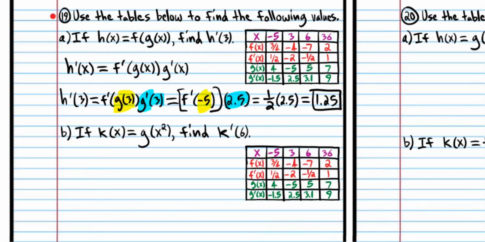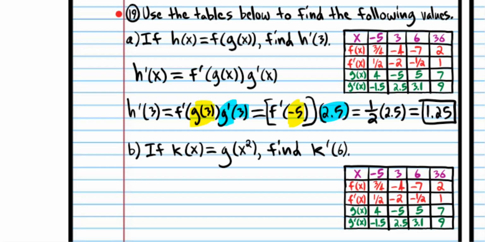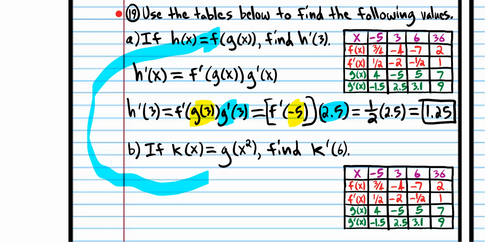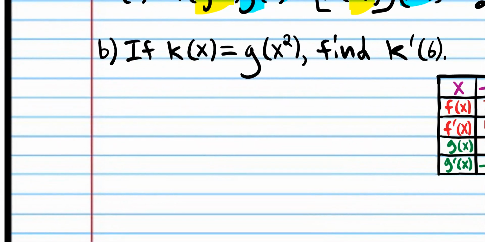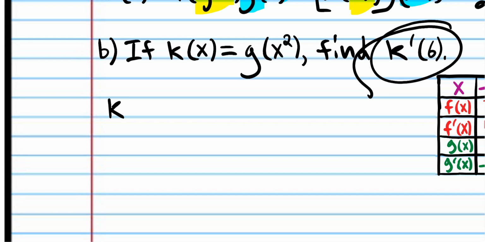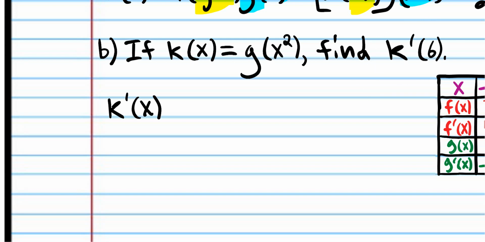Also, another thing that's different about this problem is in the previous problem, the outside function was called f, and the outside function in this problem is g. So it just depends on how it's written. But let's use the chain rule because we want to find k prime of 6. So we need to find the derivative of that function. So k prime of x,